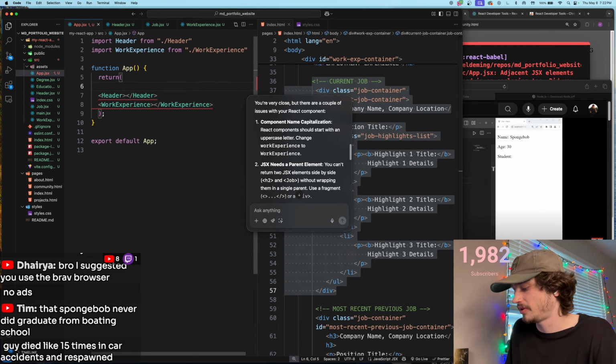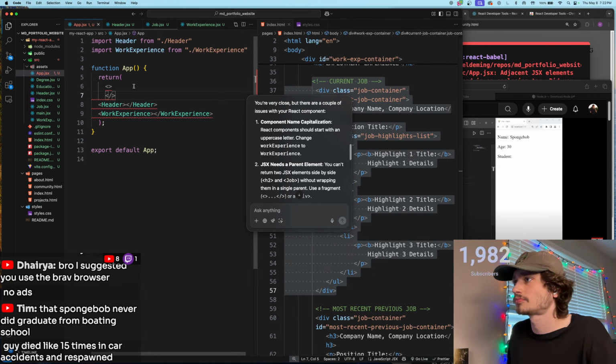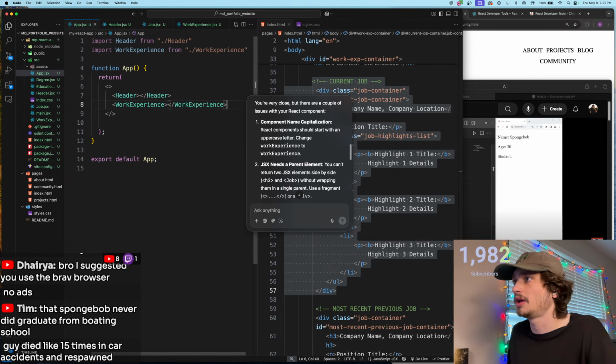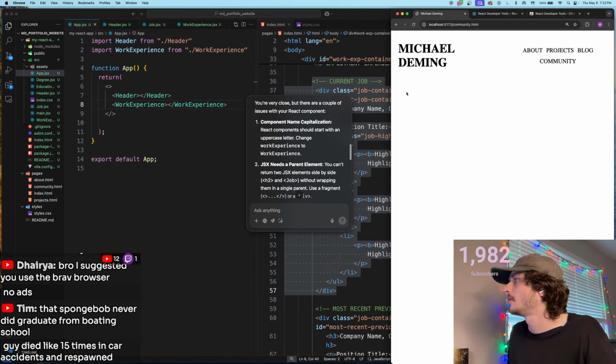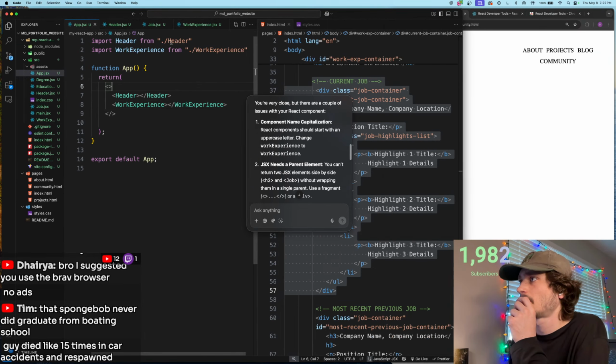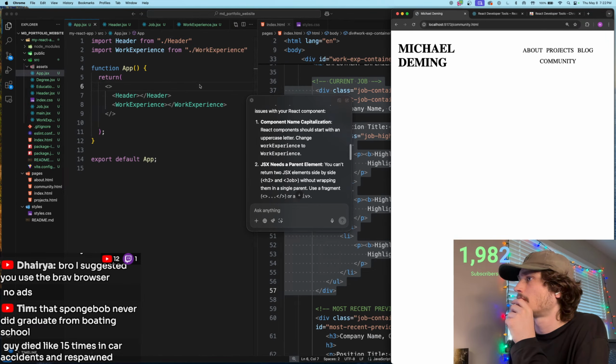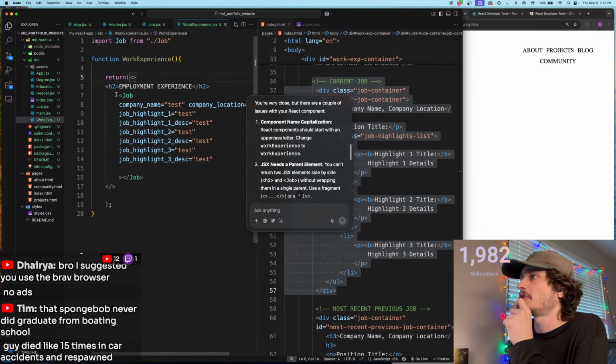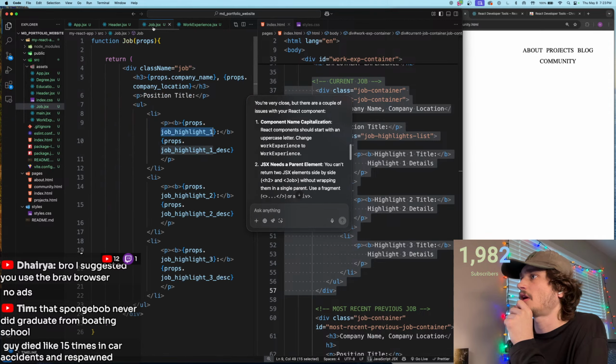We need to wrap this in a parent, because you can't return two things. So now we have work experience being added on, and work experience is calling a job, which we're putting these values in. And then in job,